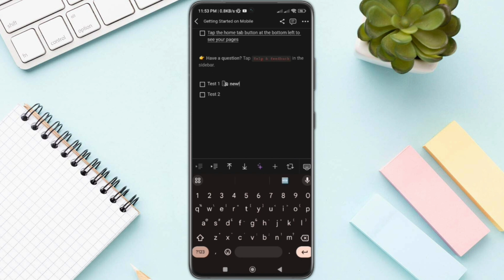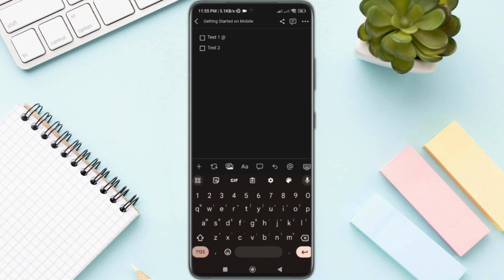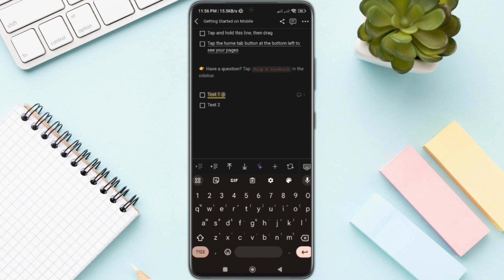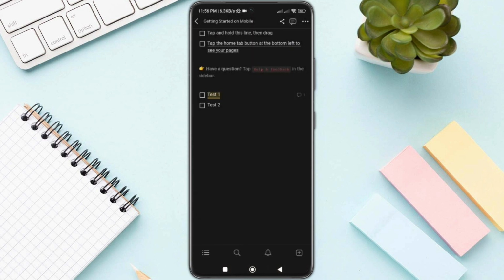Adding images and comments is straightforward as well. If you remove the @ symbol, you will notice the comment icon. Clicking on it allows you to leave a comment related to a specific point or task. For example, you could mark something as urgent and send the comment. Once sent, the comment will appear on the right-hand side. You can expand it to view the entire conversation, similar to a message board. This feature enables seamless communication among team members akin to platforms like WhatsApp, allowing discussions specific to each part of